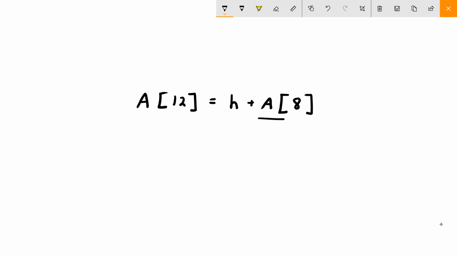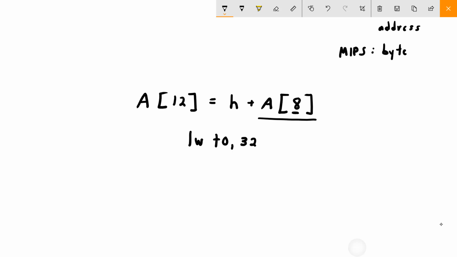So let's start by addressing this part right here. We're going to use a temporary register called T0. So we're going to do a load word into T0. Now here's the very, very slightly complicated part. Remember that MIPS does byte addressing. So please remember that this 8 right here is not in bytes. It's in words. So how many bytes are in a word? There's 4. So in order to go 8 words into the array, we really need to go 32 bytes. And since MIPS uses byte addressing, we tell the load word instruction, hey, please jump 32 bytes into the array,